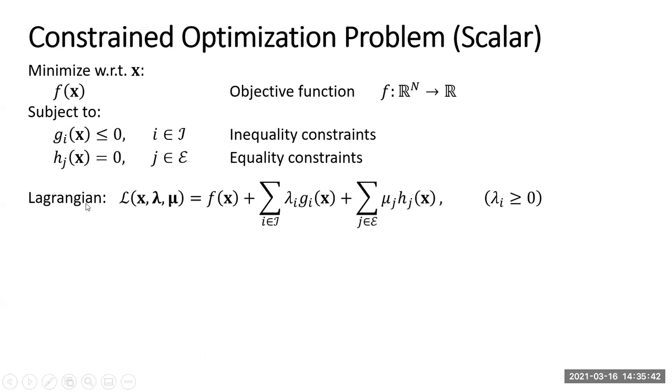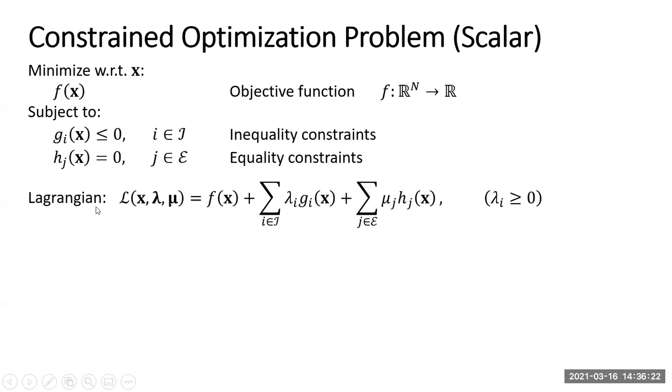We define the Lagrangian of this optimization problem as follows. So L of x, lambda, mu. We have x as the primal variable. This is what we want to minimize the function with respect to while meeting the conditions. And then you see two sets of variables, or two vectors, lambda and mu. These are called Lagrange multipliers or dual variables. I'll use the terms Lagrange multipliers and dual variables